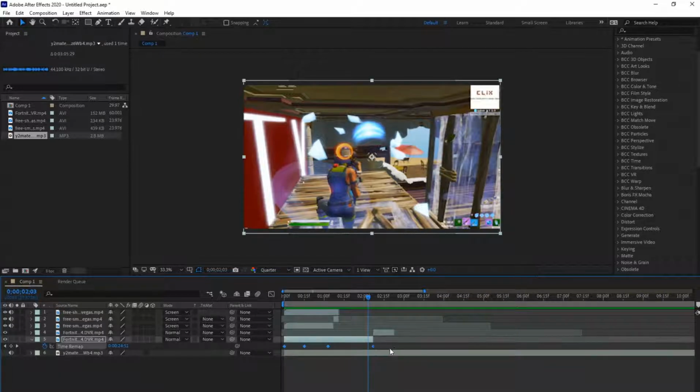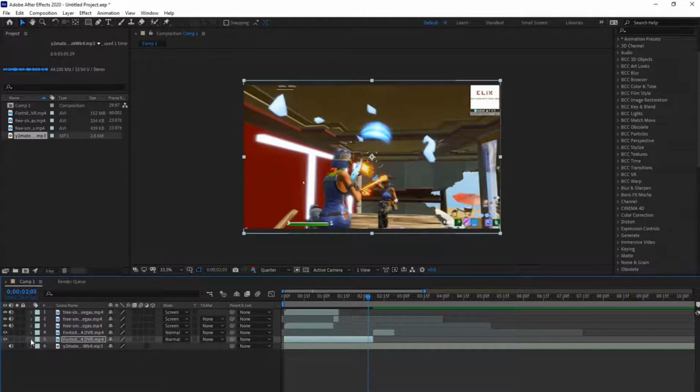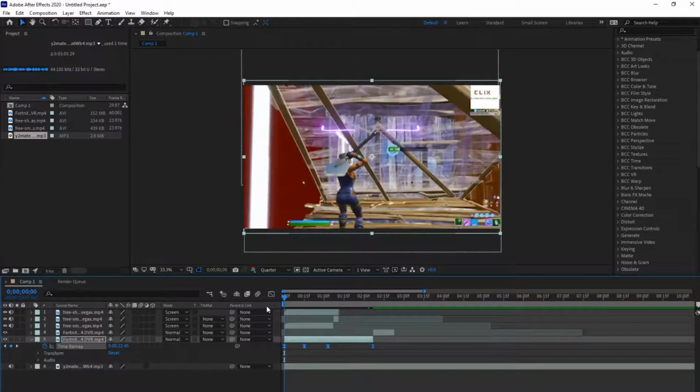So what you would want to do after that is highlight all your keyframes, and then press F9 on your keyboard. So click F9, and that should easy ease it. And what easy ease does is make it into a squiggly line basically. That's what I like to call it. And after that your clip will look